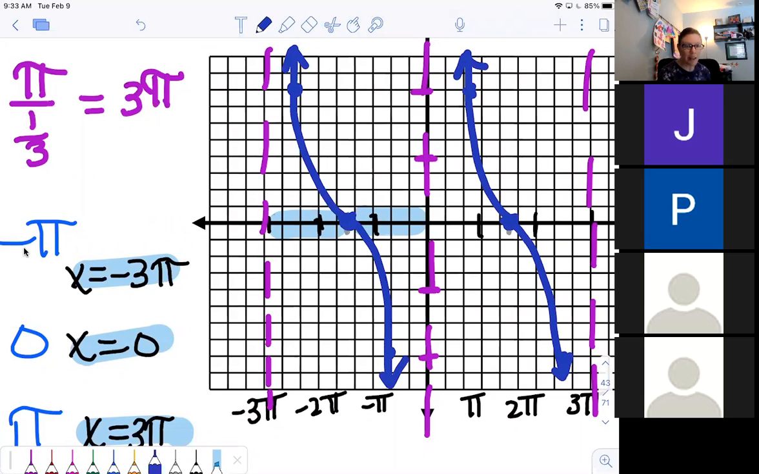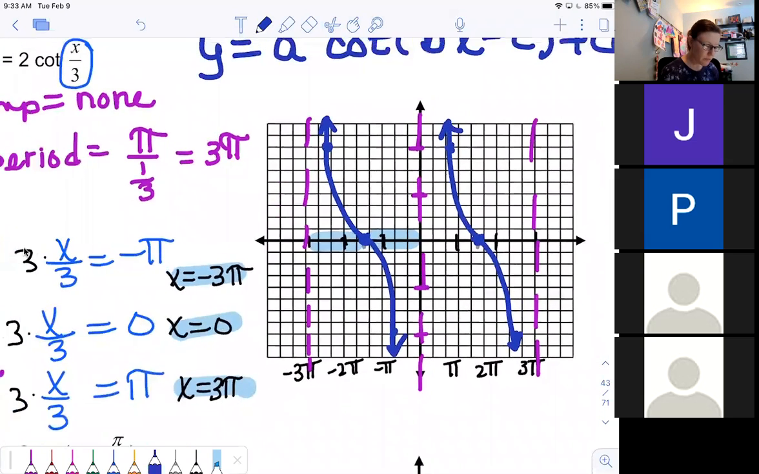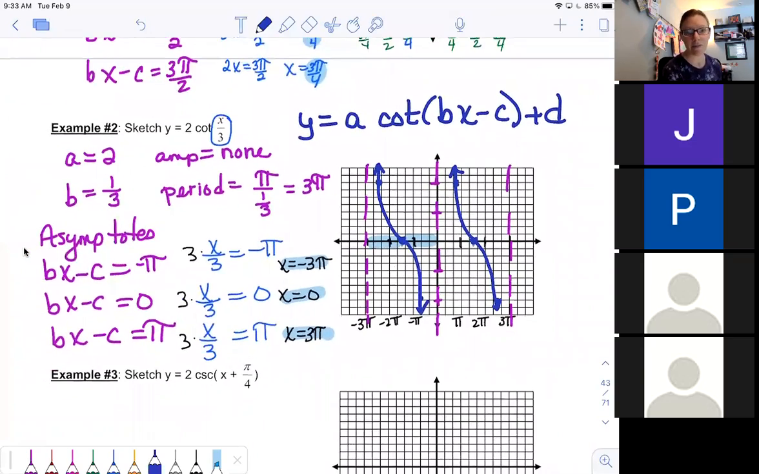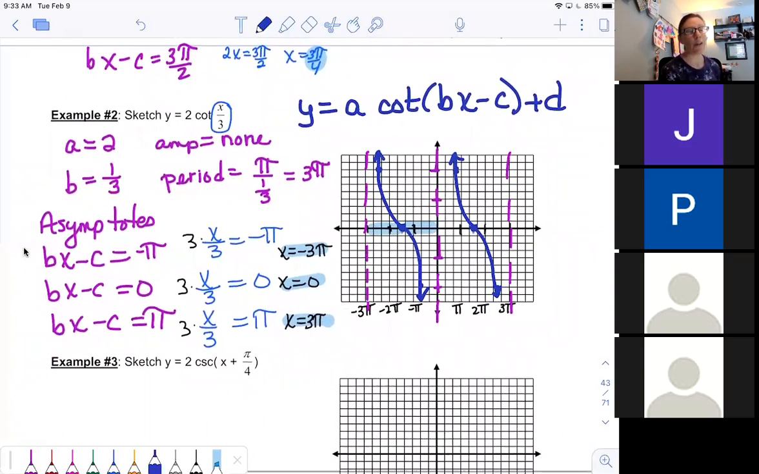So I am out of time for today. You have a few problems that you're asked to graph. Remember to use your asymptotes to help you graph. Everything is dependent upon them. Does anybody have questions? So please make sure